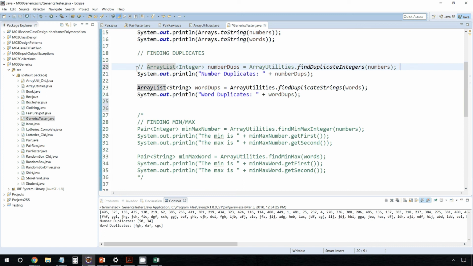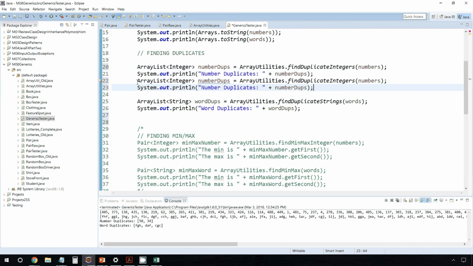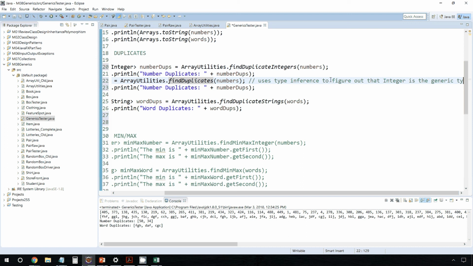This is the invoking. Actually, we'll leave them both in so you can just be convinced that it gives you the same result. What we'll do is call the non-generic version first, and then reassign it to the generic version. The generic version is just called findDuplicates. And here you'll see that I actually have used type inference